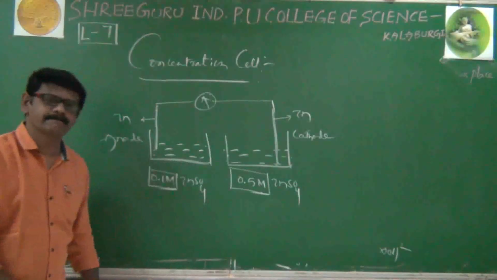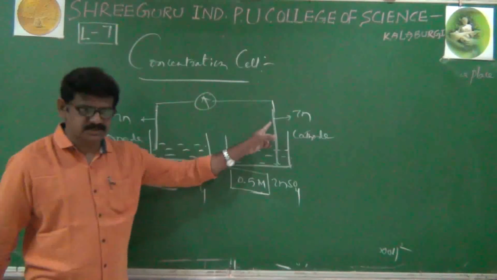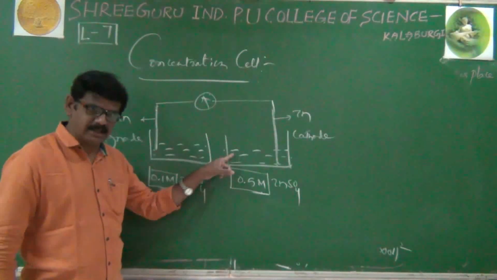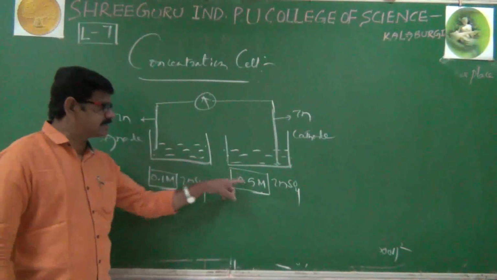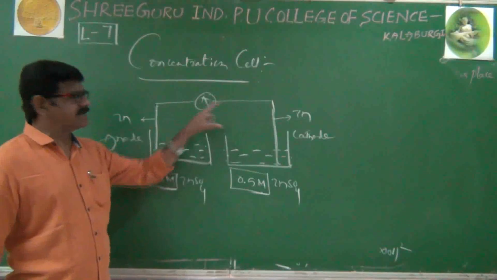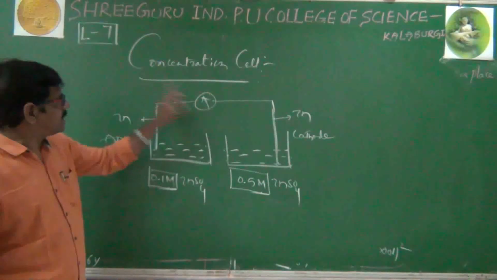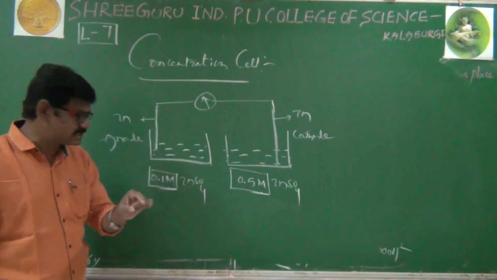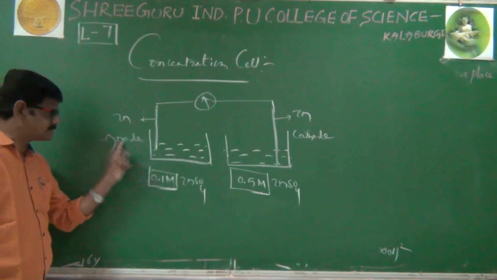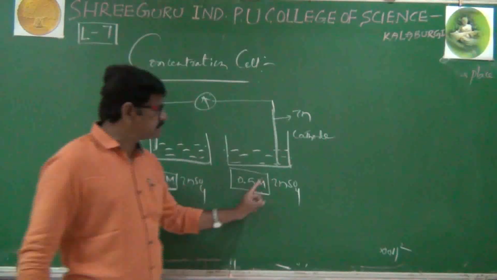That's it. Similar electrodes are dipped in different concentrated electrolytes, and both are connected to each other, of course. This is called a concentration cell, and in this, the less concentrated electrode is acting as anode, the more concentrated electrode is